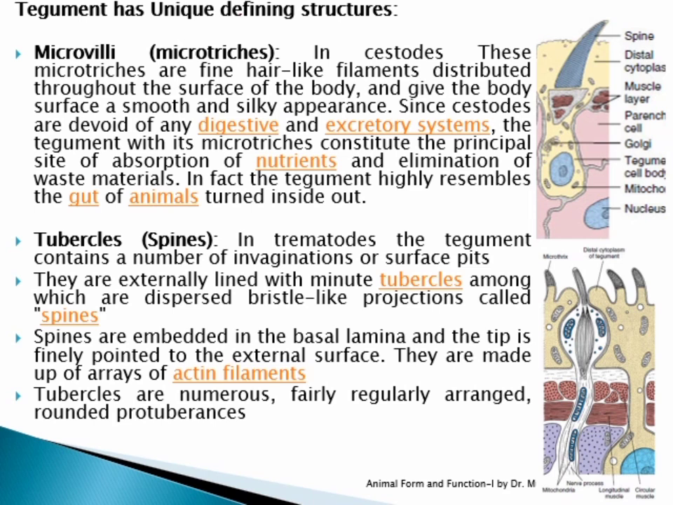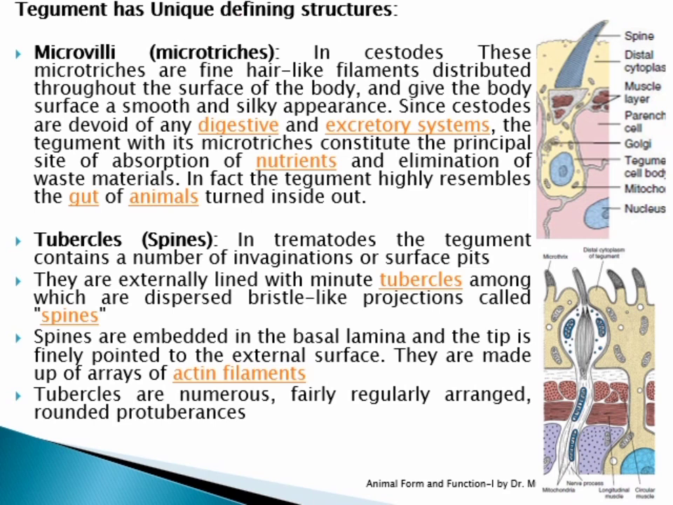Microtriches are present in cestodes. These microtriches are fine hair-like filaments distributed throughout the surface of the body, and they give the body surface a smooth and silky appearance. They are extensions of the cell membrane, coming out of the epidermal cells. As cestodes do not have any digestive and excretory system,